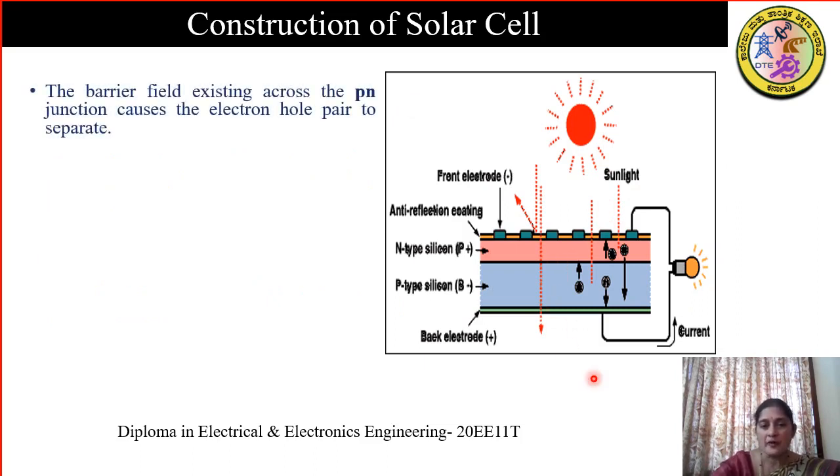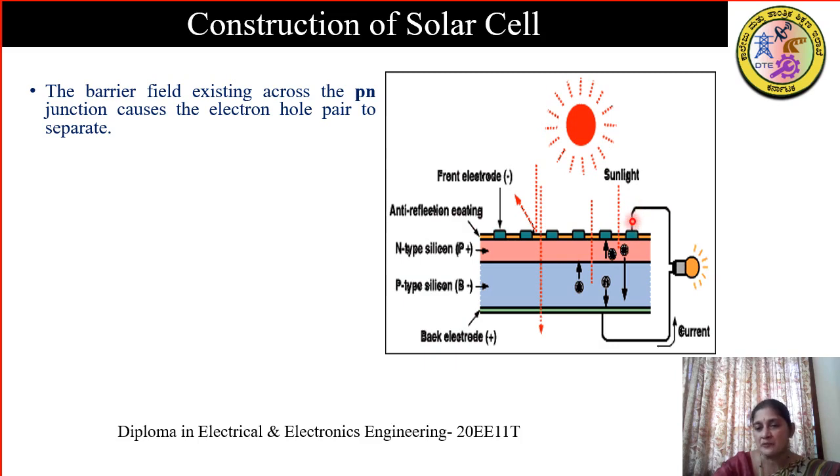The purpose of providing p and n type semiconducting material and a junction is to create an electric field. Because of this p and n type, there is a barrier potential formed which creates an electric field. So when light falls on this, when the electron and the hole separate out, all the electrons are pushed towards the n-type material and all the holes will be in the p-type material. And because of the presence of the electric field from this p-n junction, the electrons are pushed out into the external circuit.